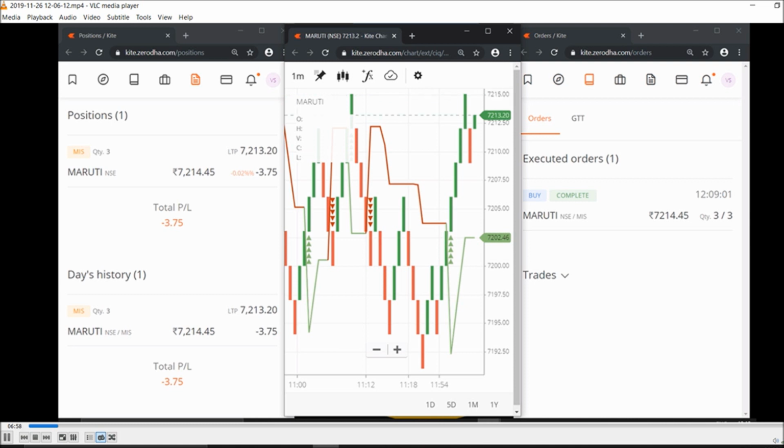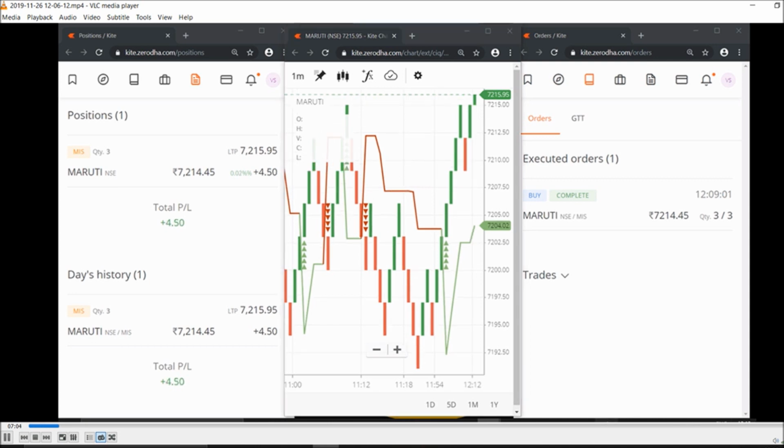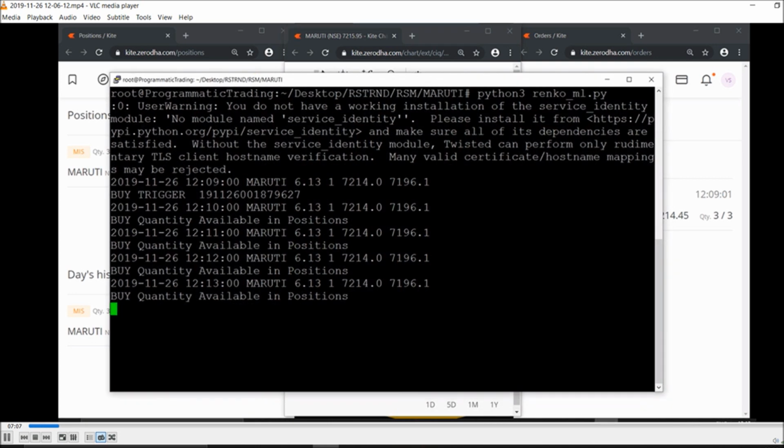So I've not recorded much, only a few things at the starting. I've set up each and everything. So here what happens, my trading has begun. As you can see, the buy has been triggered and it has been carried forward all along. As you can see, I've stated this brick size as 6 rupees